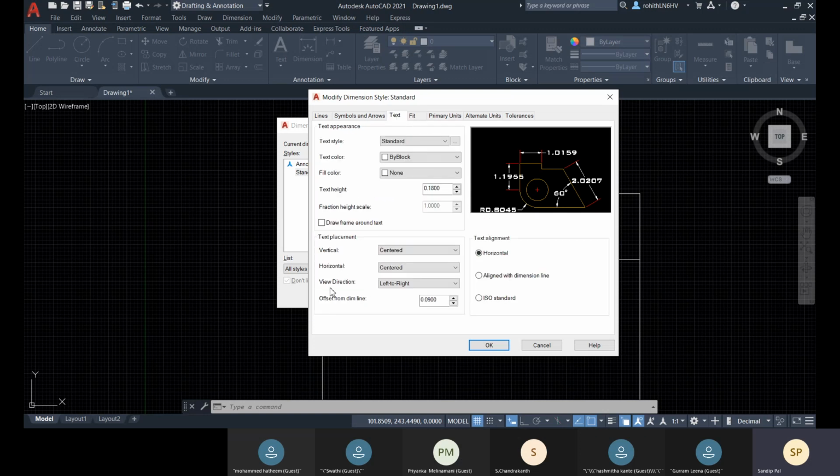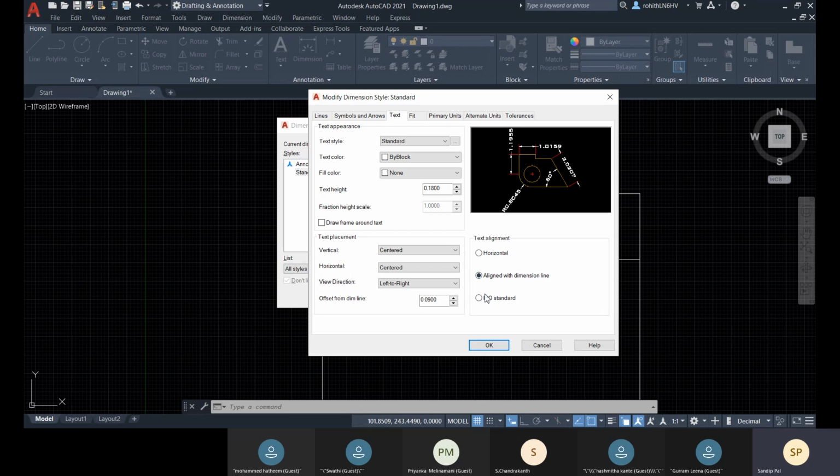So now you see the view direction left to right, that is okay, and offset from dimension line, that is 0.09, and the text alignment is always horizontal. Okay, you can see that text alignment is always horizontal. So you can get it aligned with the dimension line.